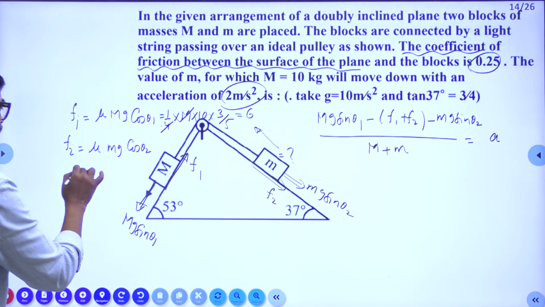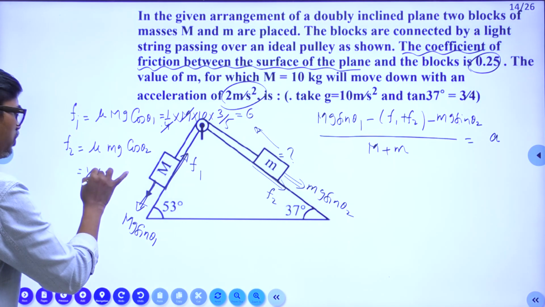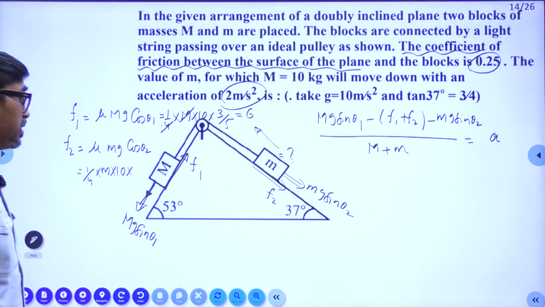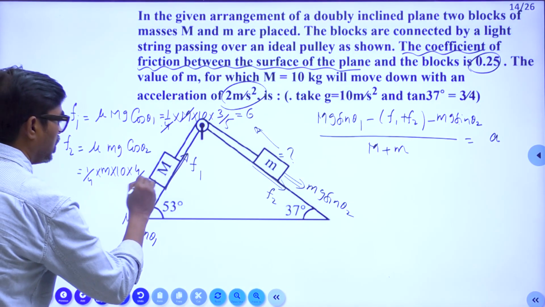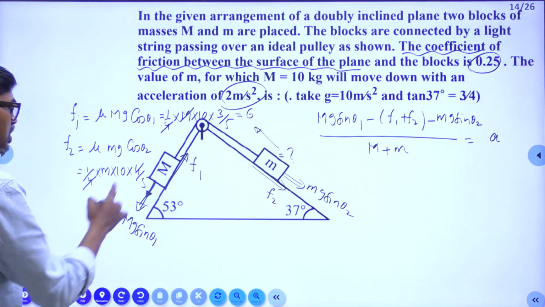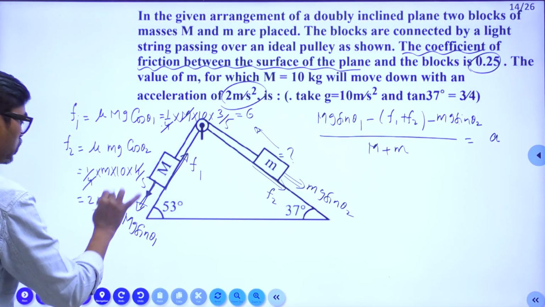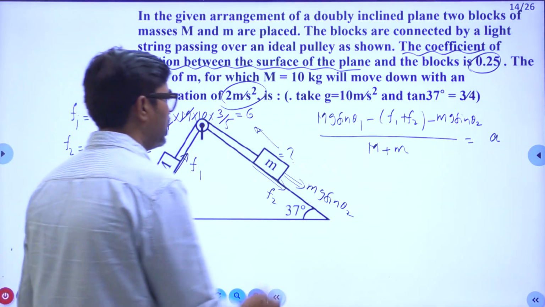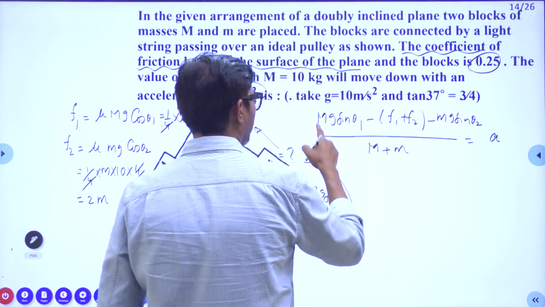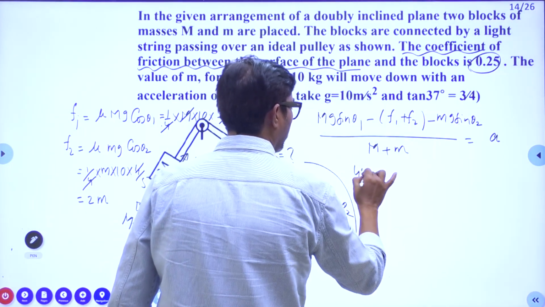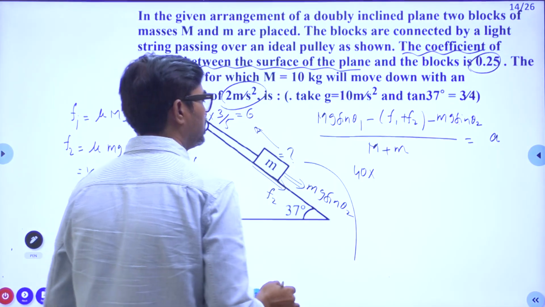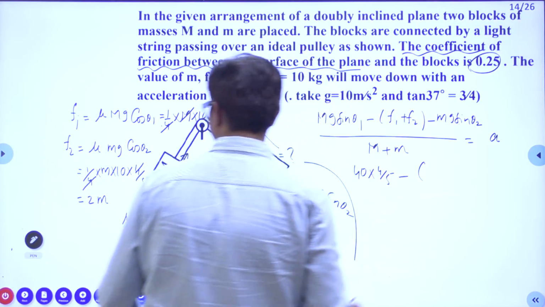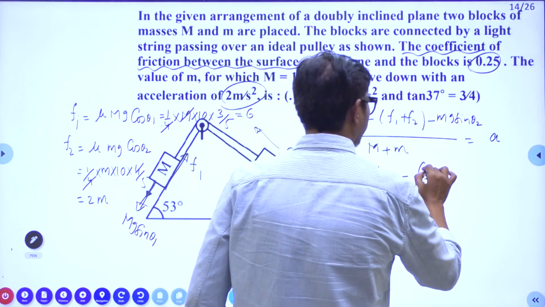What about here? Mu is 1 by 4. Small m we don't know. G is 10. And then cos 37 degrees is 4 by 5. So 4 get cancelled. You will have 2m. So friction equal to 2 small m. Alright. We can substitute the remaining things over here. See what do I have? 40 into sin 53 is 4 by 5 minus F1 plus F2. 6 plus 2m